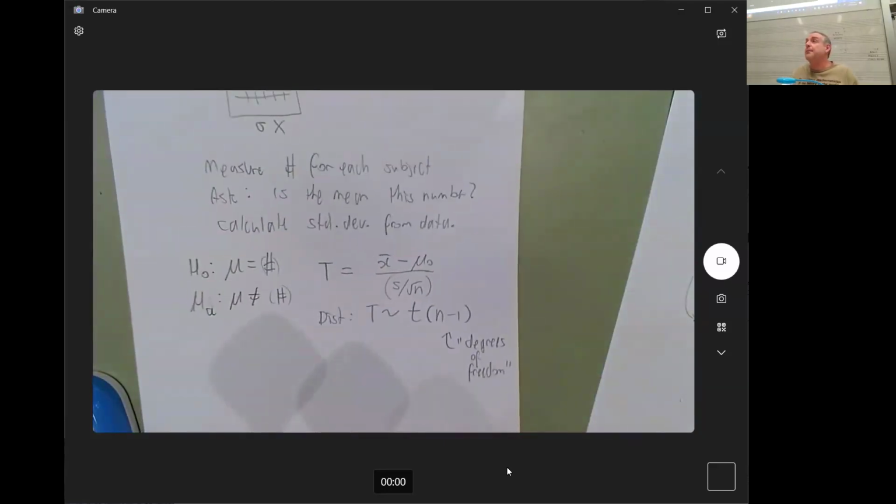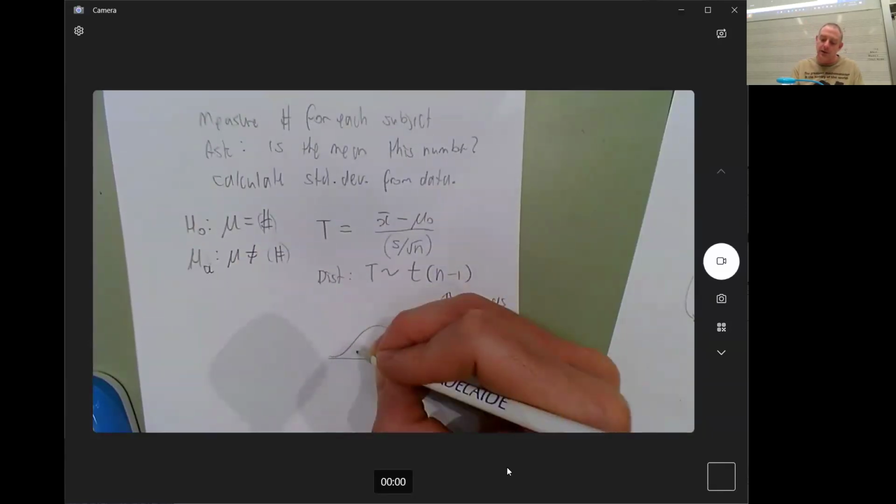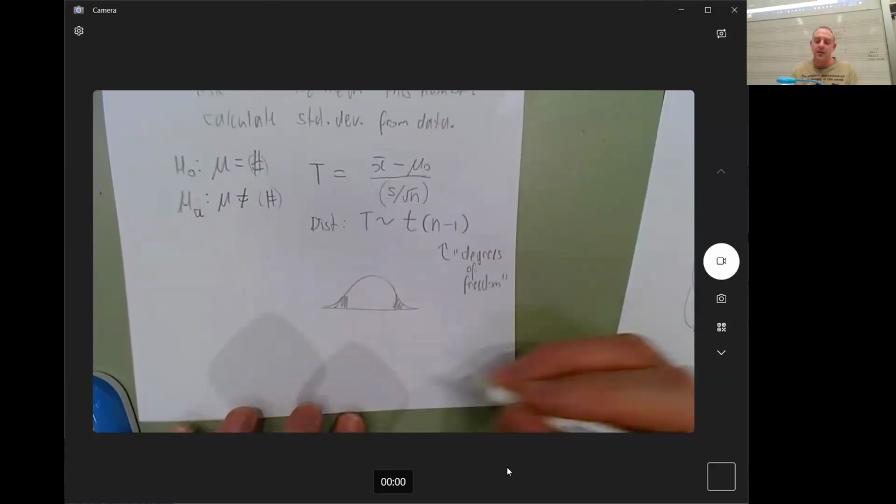And then the p-value is the same. It looks the same. T distributions, to the naked eye or hand drawn with a pencil, look the same as normal distributions. If I drew it in Desmos or my calculator, I could see a difference between the two curves, but I can't with my pencil. So it will still look the same, and you will still get the thing there, except this time